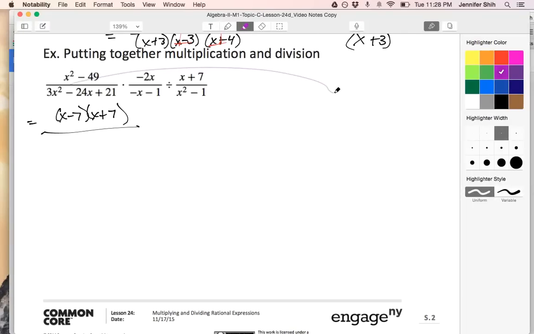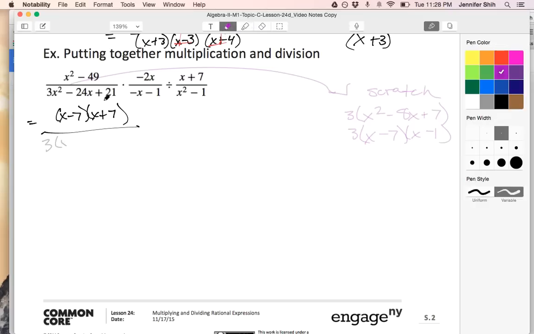So in my scratch work I have 3x squared minus 24x plus 21. So there's a greatest common factor here. I'm going to take out a 3, and I'm left with x squared minus 8x plus 7. All of a sudden, this is a lot easier for me to factor in my head. I know that this is x minus 7 and x minus 1. Okay, I'm going to put it back over here. 3, x minus 7, x minus 1